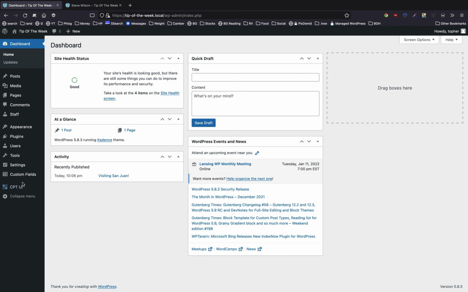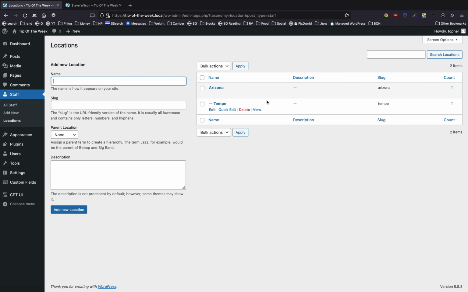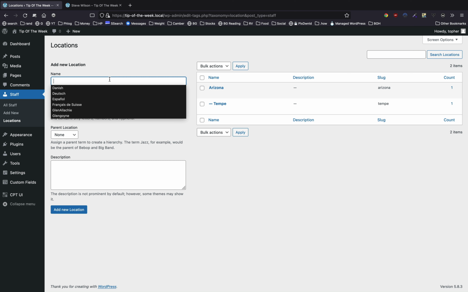All we did is create it in Custom Post Type UI and assign it to staff, and then put it in a widget for finding people, and that's it. You can manage them the same way you do categories and tags and stuff. There's this list here, so you could come in here and just make a whole bunch of locations and then assign people rather than create the locations on the person's page.